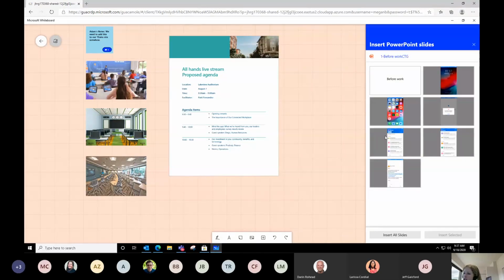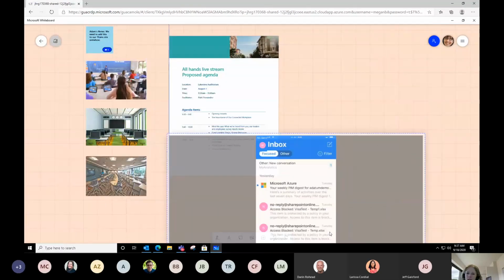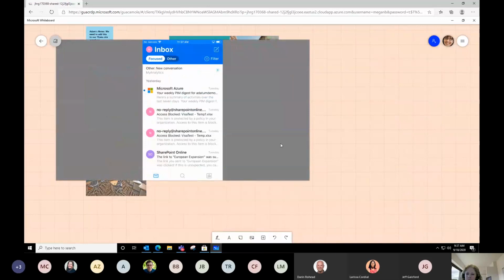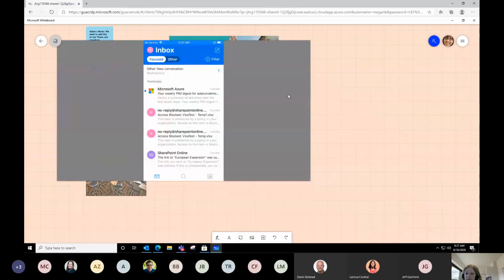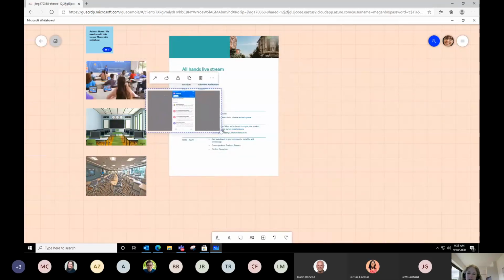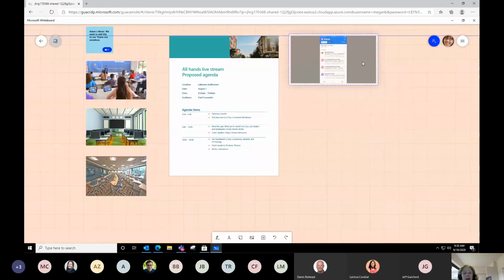There we go. Now this is actually showing some screenshots of, for example, a cell phone version of software. But I'm going to bring in one of the slides. Again, we have no control where it gets posted. We just have to come in and drag it to where we want it to go after we get it into the app. And so it is a drag and drop, and it's being kind of difficult. So the other thing I could do is come to the corner, size it down a little bit, and then drag it to where I want it to go. So we can bring in graphics, we can bring in screenshots of a Word document, a PowerPoint slide. Again, very same options. Now, what other choices do we have?